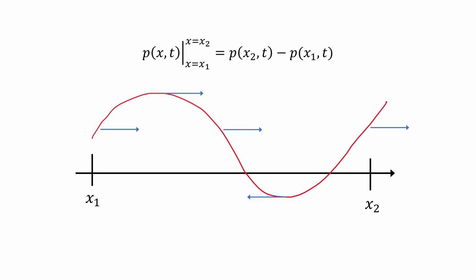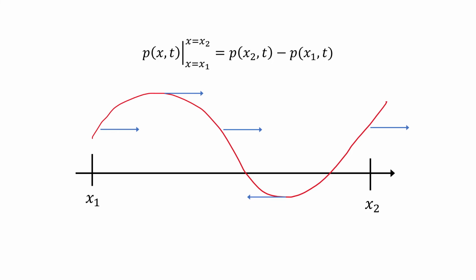So at the right endpoint x2, a positive value of P indicates that heat is leaving, and conversely, a negative value at the right endpoint x2 would indicate that heat is entering, flowing to the left. By contrast, at the left endpoint, a positive value of P indicates that heat is flowing to the right, entering the interval, and a negative value indicates that P is flowing to the left, leaving the interval.